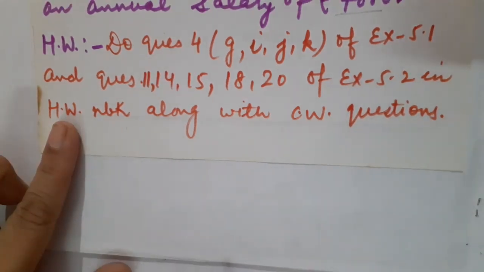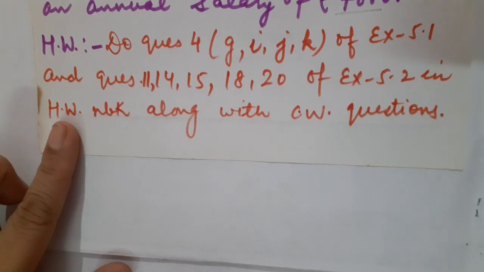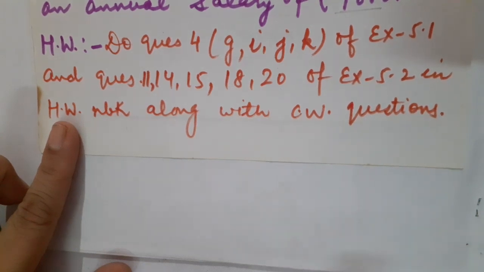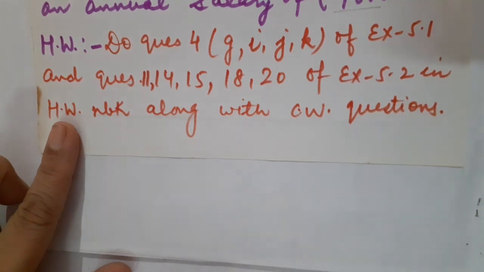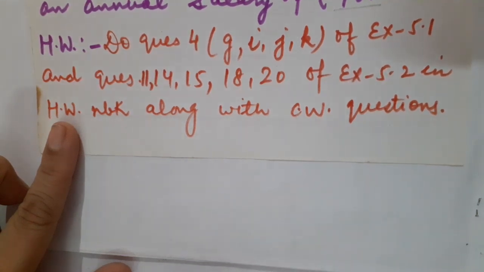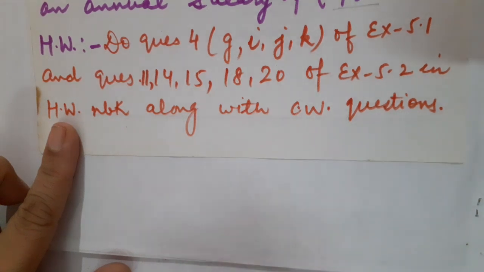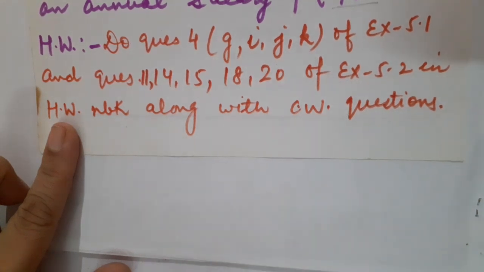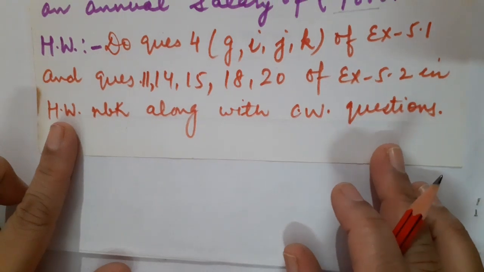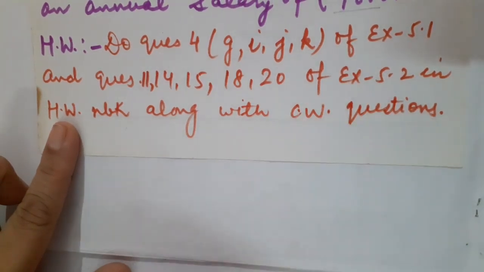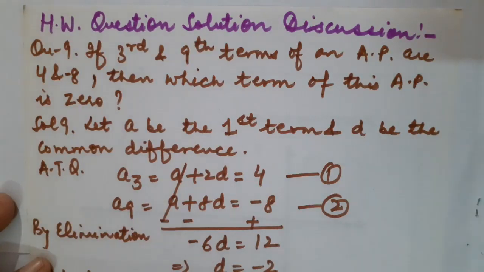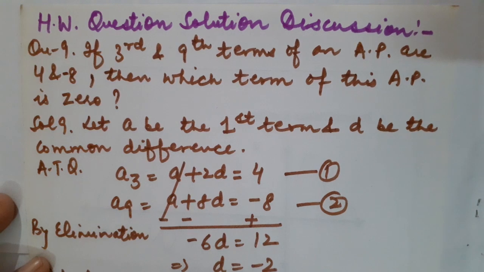Children, just keep one thing in your mind, that the complete exercise is based on only and only one concept, that is nth term of AP. Either in the question n is demanded, or nth term, that is an, is demanded, or the very first term a is demanded, or you have to determine the AP. So all the questions are basically based on one concept only. Fine? I have covered approximately 14 to 15 sums. You will have to do just the rest 4 or 5 questions yourself. Fine, students? Now let us switch to homework question solution discussion.